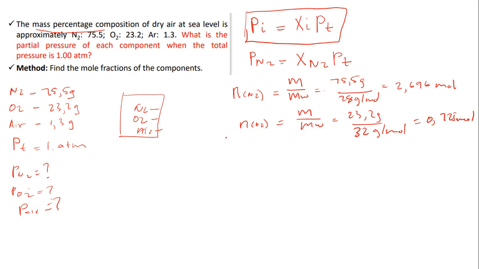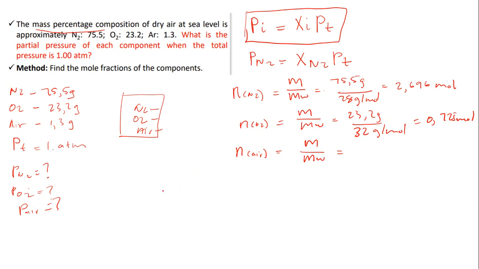And therefore, let's determine the number of moles of air. To determine the number of moles of air, we're going to say mass of air divided by molar weight of air. But remember, how do we determine the molar weight of air? You're supposed to know these things without even calculating, but a quick reminder, if you forgot the molar weight of air: remember, air is made up of nitrogen and oxygen. We're going to assume that, okay? So to determine the molar weight of air, if you forgot, which is 28 something,